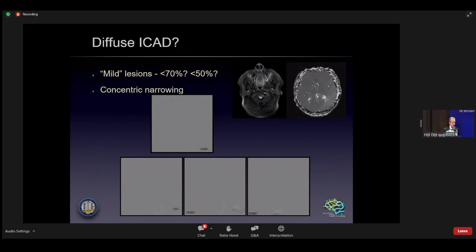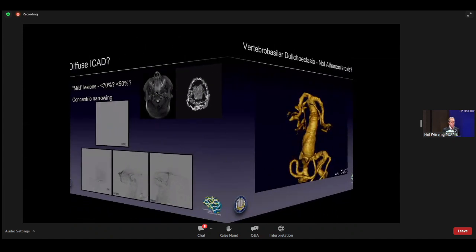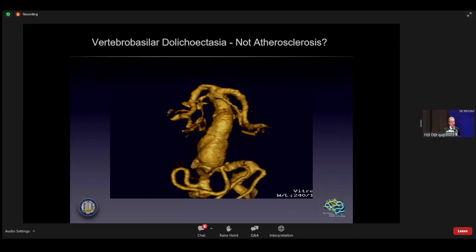This is a patient that has a perfusion delay and has actually ICAD not in one vessel, but in every single principal arterial territory to the brain. And the thing that I find amazing about this is that because it's non-focal and diffuse narrowing of the vessels, such a patient doesn't have a focal stenosis and would be told that they don't have disease. They don't have atherosclerotic disease.